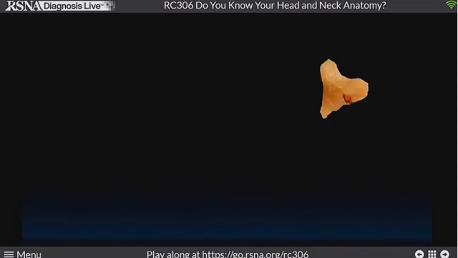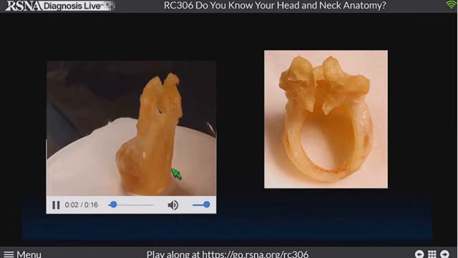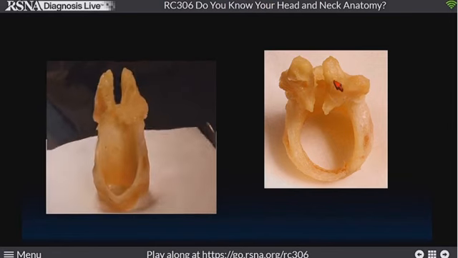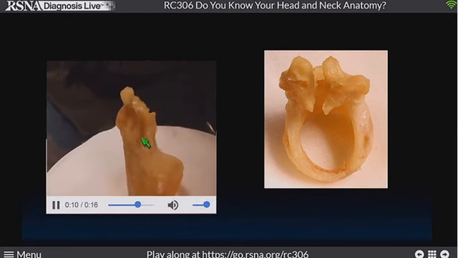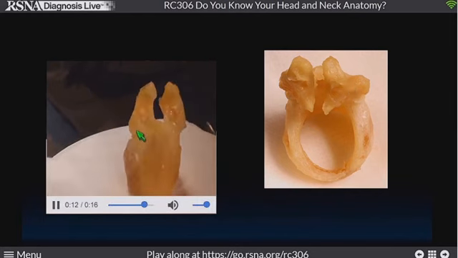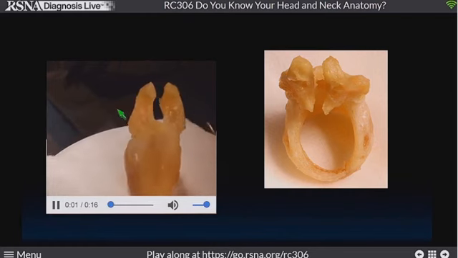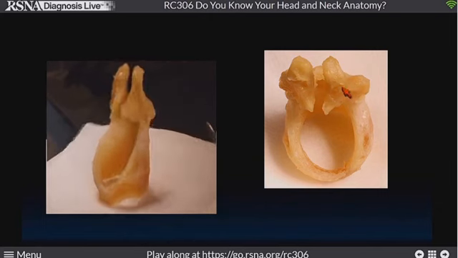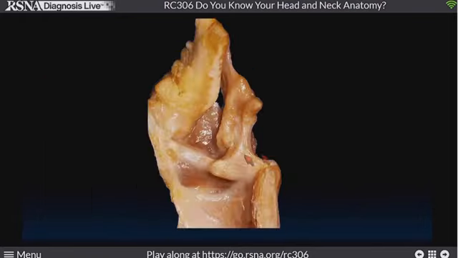But here is the arytenoid, and I think we put the corniculate on it as well a little bit, and sorry about some of you, there is a little bit of a soundtrack, but here is the arytenoid sitting up on top of the cricoid, and actually you can probably come up with just about any shape that you want just by rotating it around. And here's the vocal process right here, and actually the arytenoid slides up and down on its little facet. Getting tired of the noise, so we will move on.